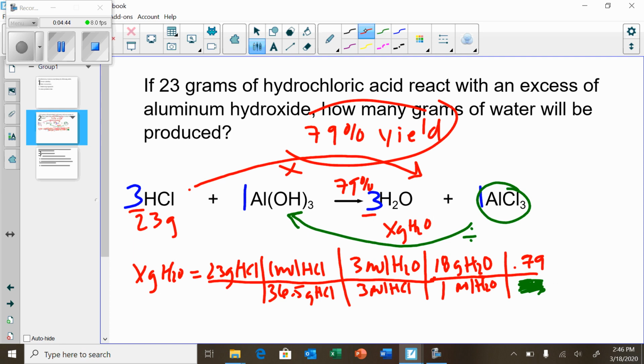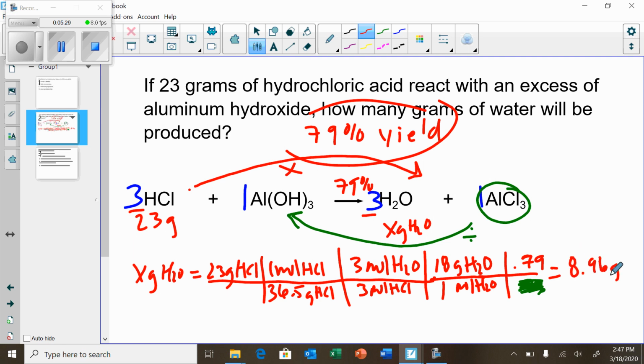All right, we're back to red. Most of the time I'm going in the forward direction, so most of the time I'm going to end up multiplying by the percentage yield. So I'm just going to add that into my math, and we'll see what we get. I think my calculator is going to be helpful here. 23 times, I got a 3 on top, I got an 18 on top, and I got a 0.79 on top. And then I'm going to divide that by everything on the bottom, which is a bunch of ones. There's a 3. And I'm going to divide by 36.5. And when I do that math, I get about